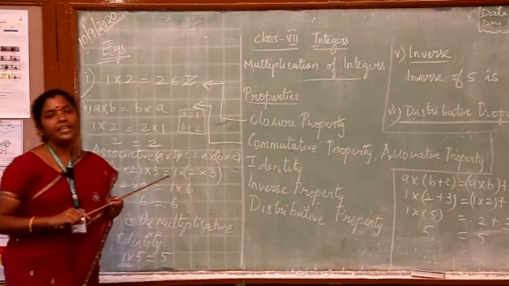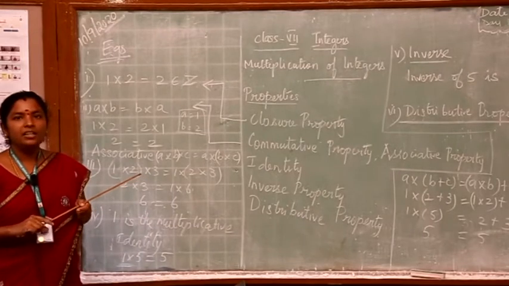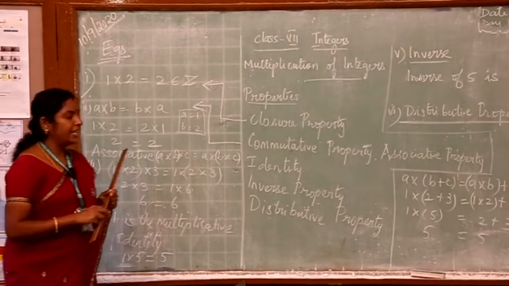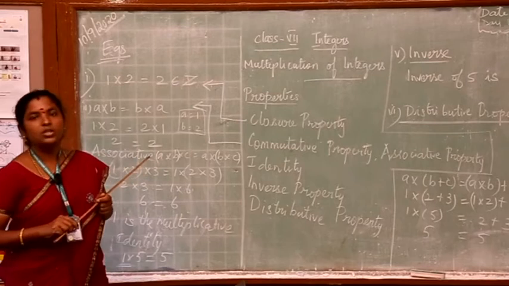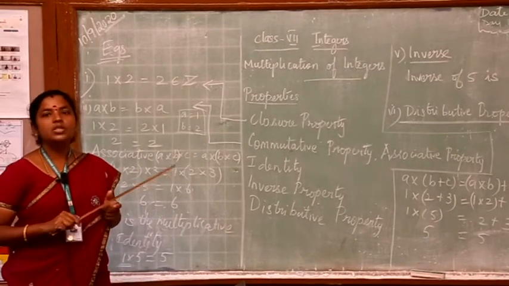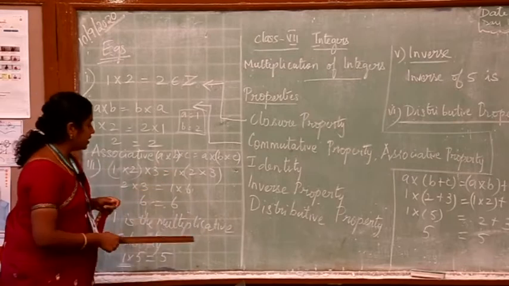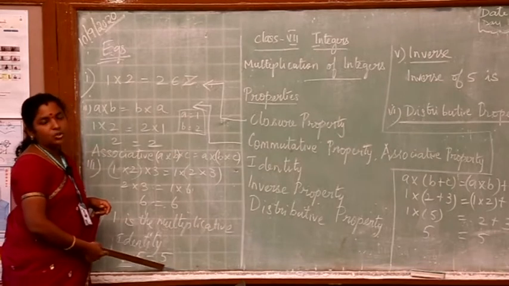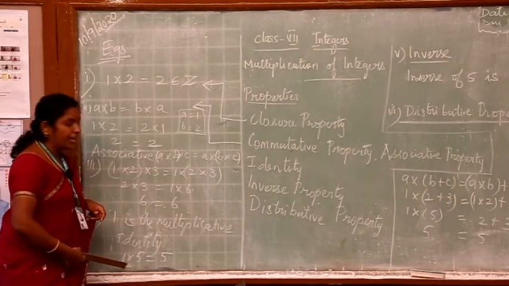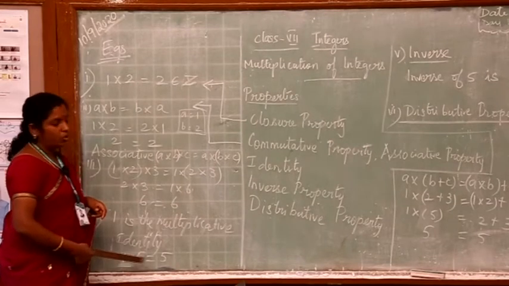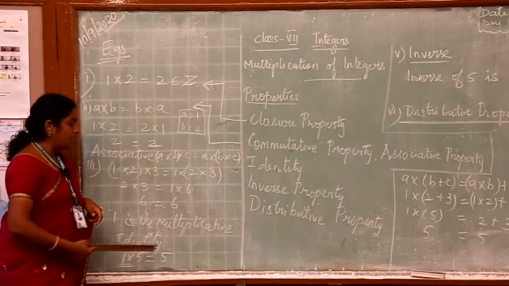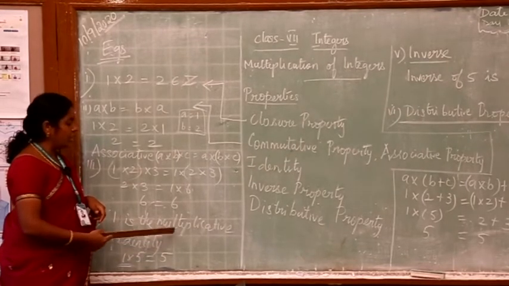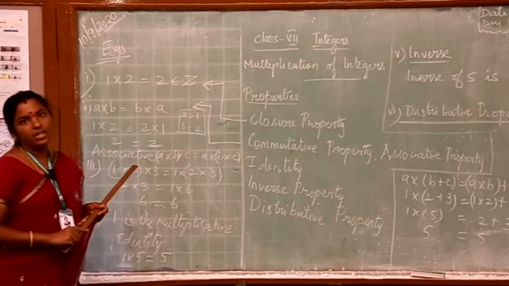Now, we will recall additive identity. What is additive identity? If you add that number to any number, the same answer should be got. We had said the additive identity is 0. 0 plus 5 becomes the same 5. So, 0 is called the additive identity. Since here the operation is multiplication, the number should be multiplied with any number and the same answer should be there. Such a number is called identity. If I multiply with 1, you will get the same answer. So, 1 is the multiplicative identity, very important one, remember this. Wherever you go for multiplicative identity, you should say it is equal to 1.